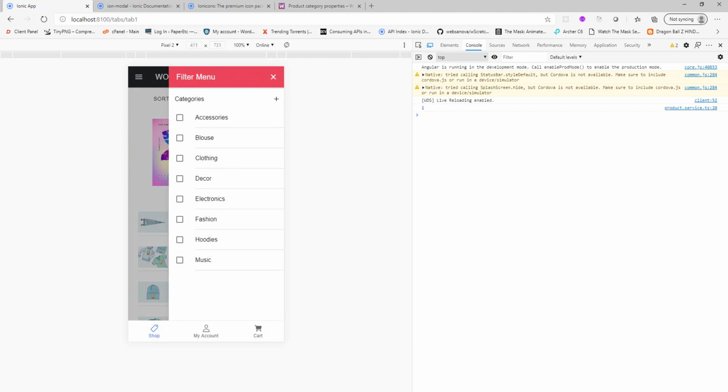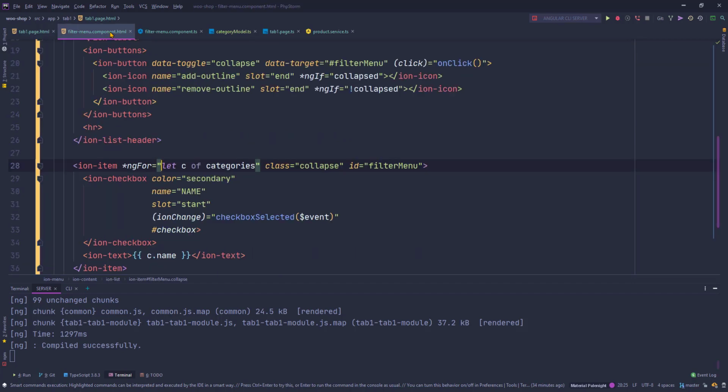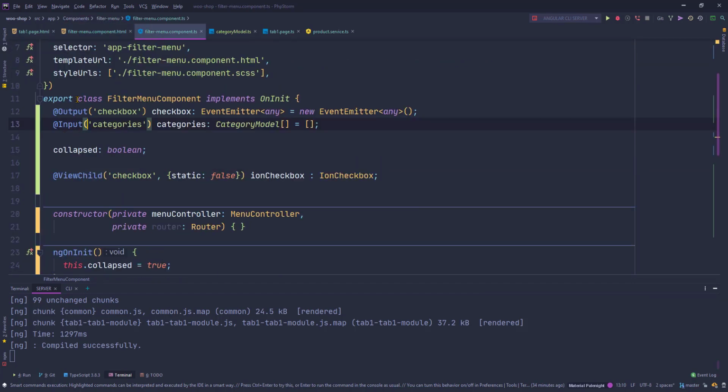There you go. You see the list of categories. So this is how you do component to component communication using either output decorators or input decorators. So whenever you want to send in any value from the parent to child, you will use the input, and from child to parent you will use the output. Okay,